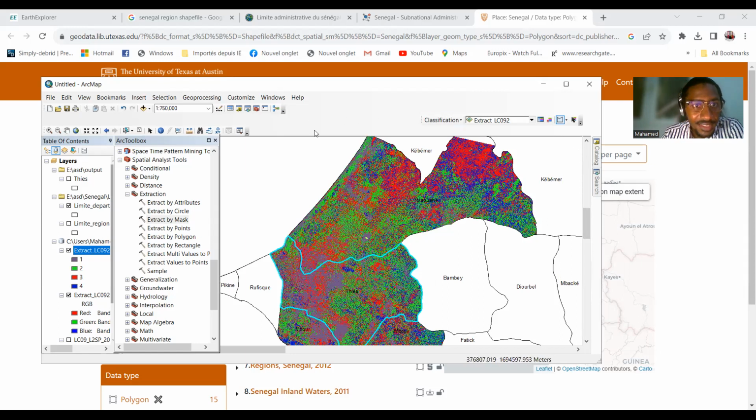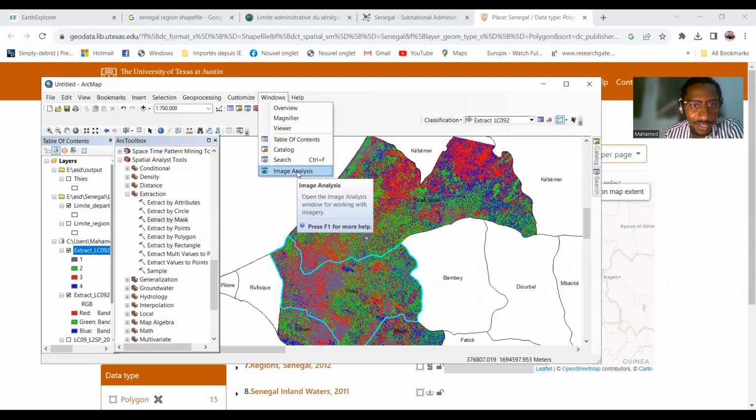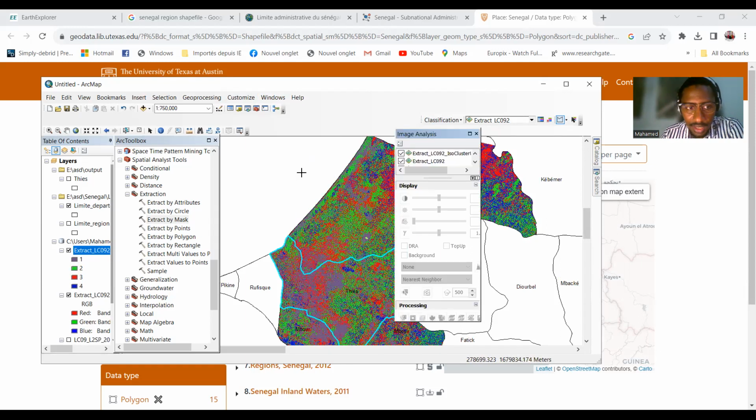Another thing we can do when we have the map is to calculate the NDVI. I think that's the most important. If you get the NDVI, you can do many things with those NDVI values. For the NDVI, you just need to come here, Windows, Image Analysis, and you click on